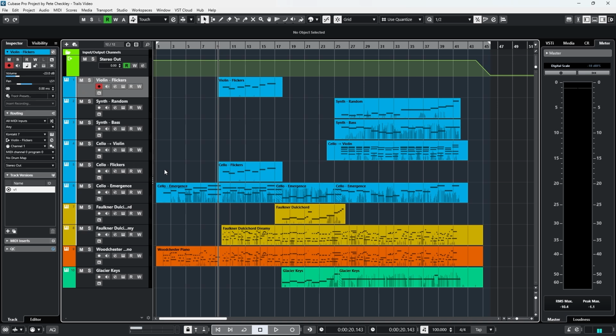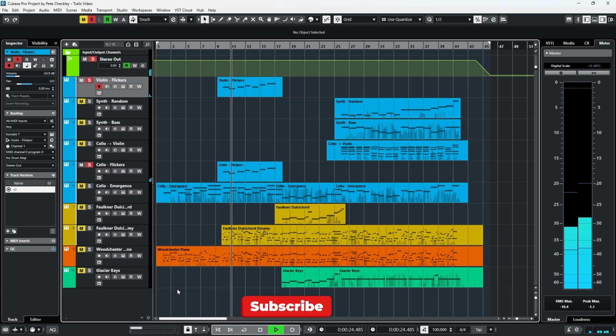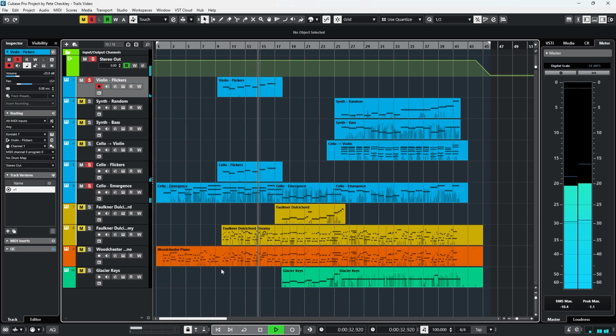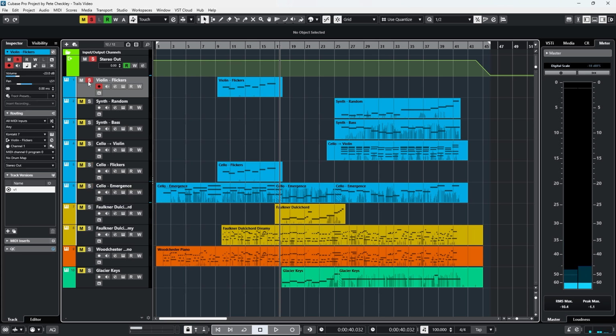Now, I wanted to throw in the flickers, and I decided to do these in octaves. So I split the cello and the violin, and they're just playing this flickers articulation. So context with emergence, that's exactly how it all works together. Now the Faulkner Dulcichord, so if I play that on its own,